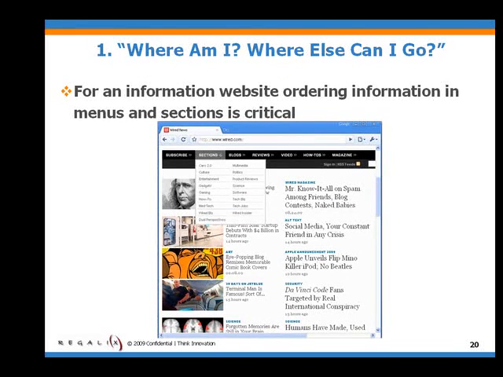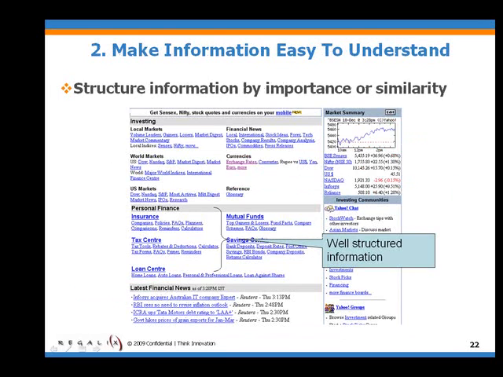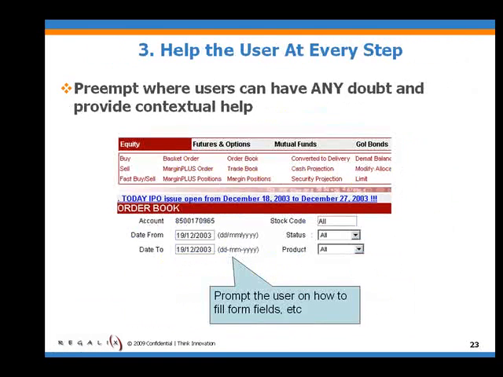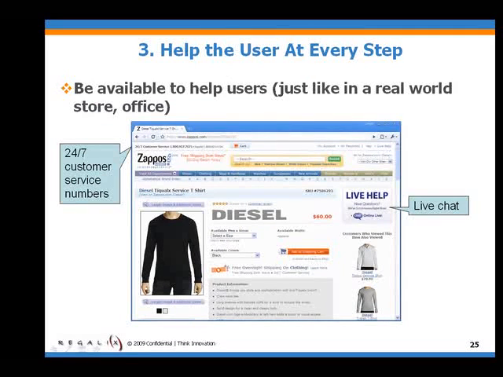Moving on, in an application which is not a content website, more of a web application, the principle is giving help to the user at every step. Very simple example of giving contextual help: if the user is supposed to fill in a date, tell the user the expected format. Similarly, if I go to a store,